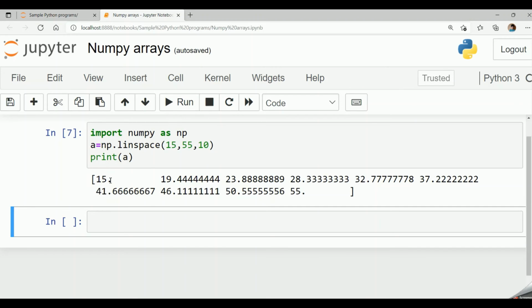First element is 15, then 19.4, 23.8, 28.3. So it is linearly spaced and it will have a total of 10 elements: 1, 2, 3, 4, 5, 6, 7, 8, 9 and then 10. Total of 10 elements, start index is 15, end index is 55 and it is linearly spaced.